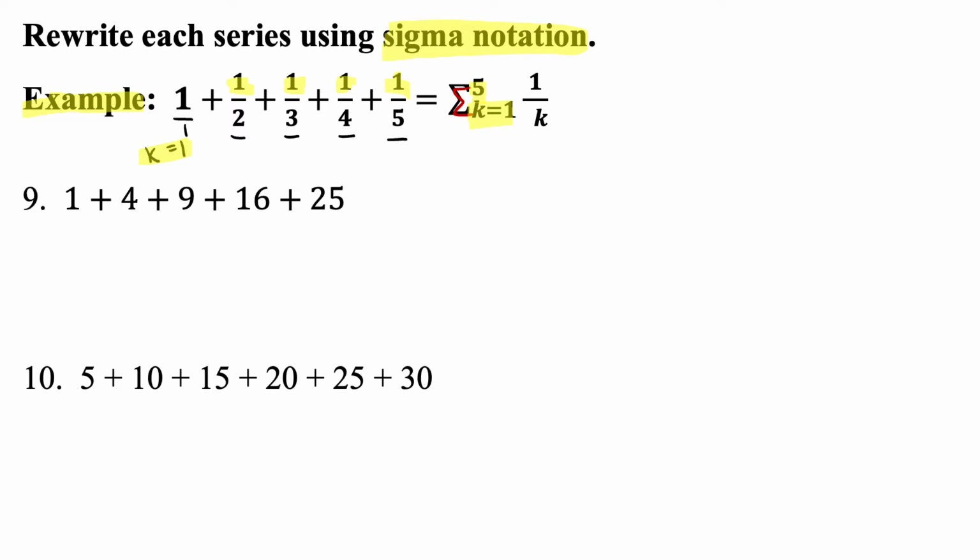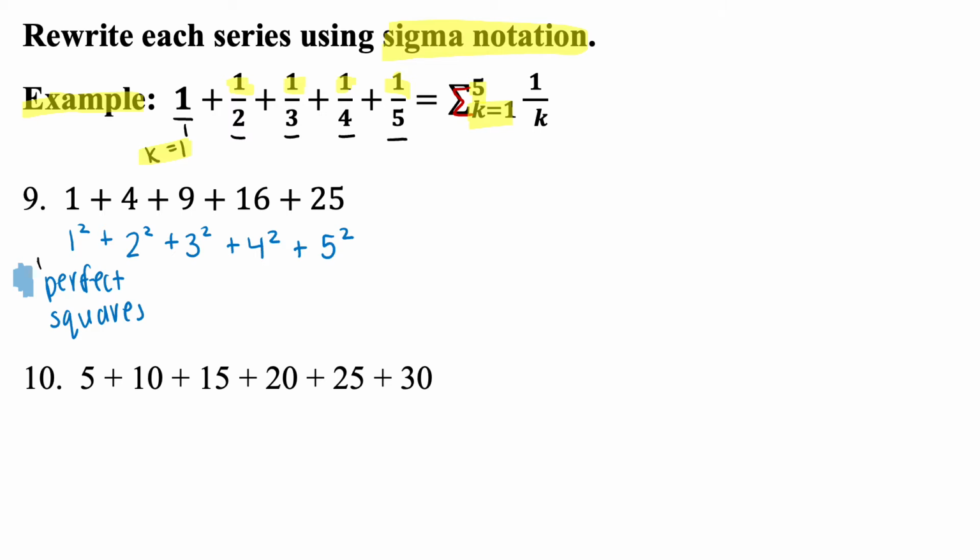So for number 9, we have the sum 1 plus 4 plus 9 plus 16 plus 25. These are all special numbers. In fact, these are all perfect squares. So I'm going to think of this as 1 squared plus 2 squared plus 3 squared plus 4 squared plus 5 squared. And if I can rewrite it so that I see the pattern as each one being something squared,